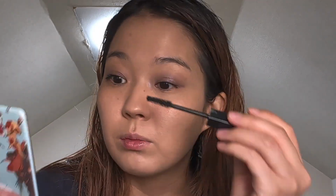I like this mascara. I like it because the formula is hella thick. It is very juicy. When you brush it on your eyelashes, there's lots of product, even though it's already finishing soon. But there's still lots of product, or maybe the consistency is super thick, so it's easy